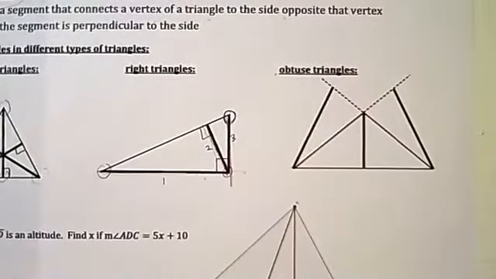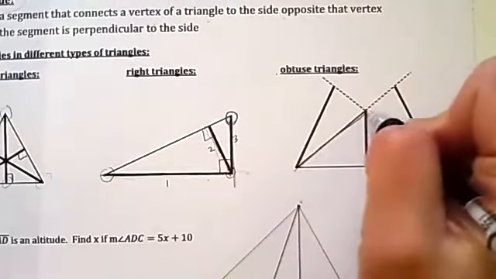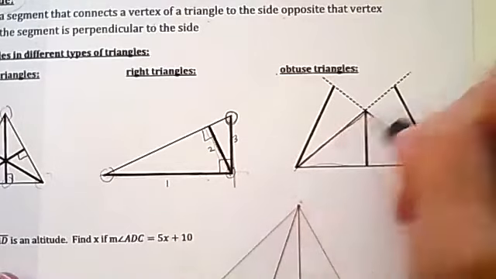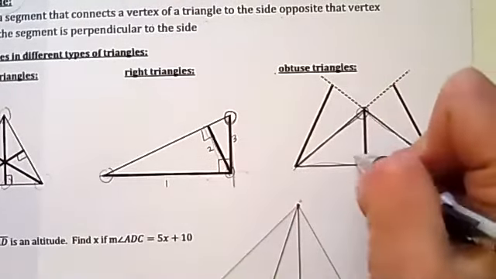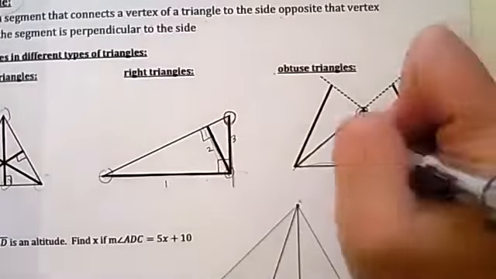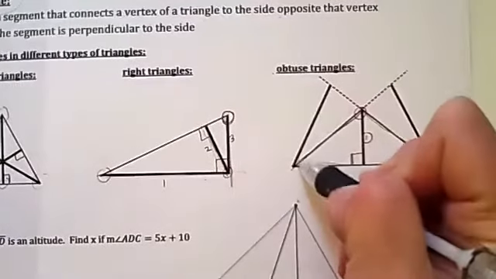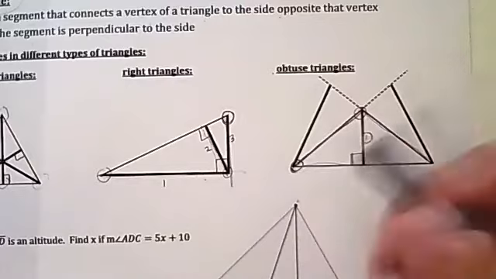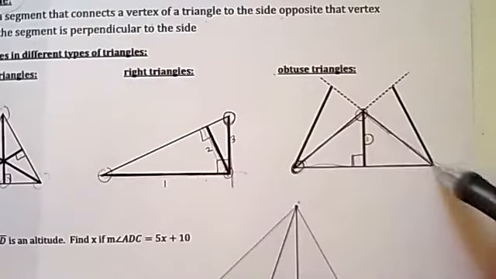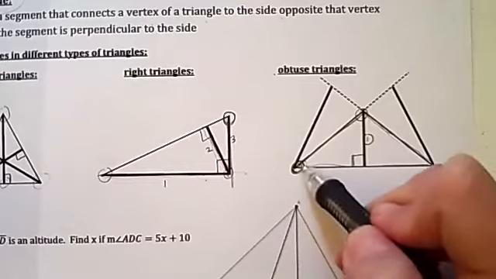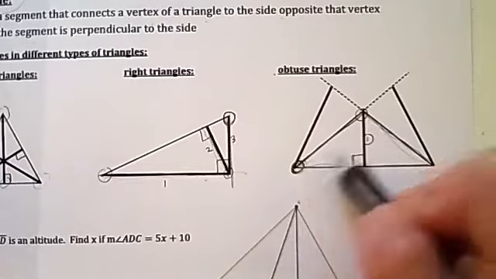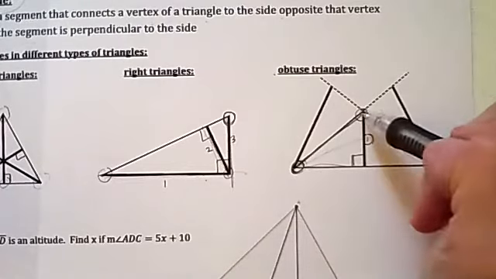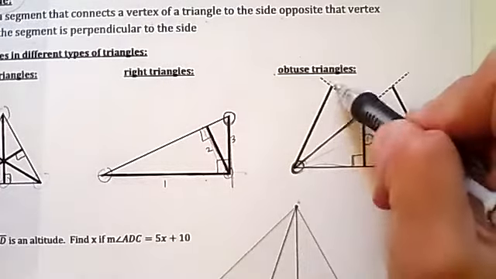An obtuse triangle is even weirder. So this is the triangle we're looking at. From this vertex to this side, you can make it down, there's one altitude. But if I try to make an altitude from this vertex to this side, I can't really, there's no way for me to connect this vertex to this small segment here in a 90-degree angle. The only way to do it is if I extend this side and make it here,